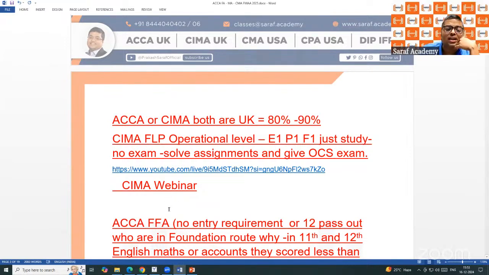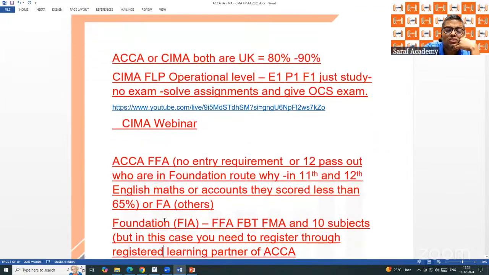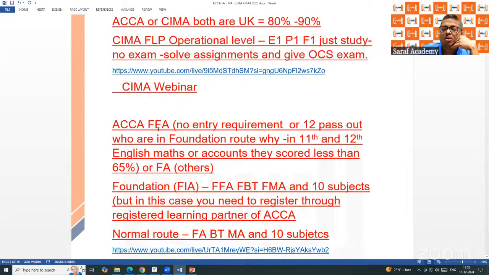You will be going by the FIA route. FIA route means foundation route, Foundation in Accounting, FIA route. Students have a confusion in the market: कि मेरा 12th क्लास हुआ, मेरा मैथ्स में इतना नंबर नहीं आया, मेरा इंग्लिश में नहीं आया, अकाउंट्स में नहीं आया, whether I am eligible for ACCA or not. Here you are fully eligible. I say this in every batch in the first class. Nobody sees the video, nobody understands. ACCA के लिए आपका 12th क्लास होना जरूरी ही नहीं है. You can join ACCA in class 8 ना. Who is stopping you? You will be going through the FIA route, Foundation in Accounting route.